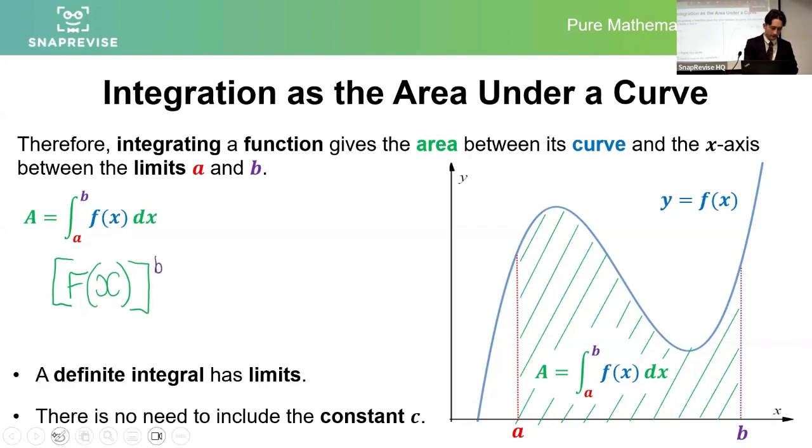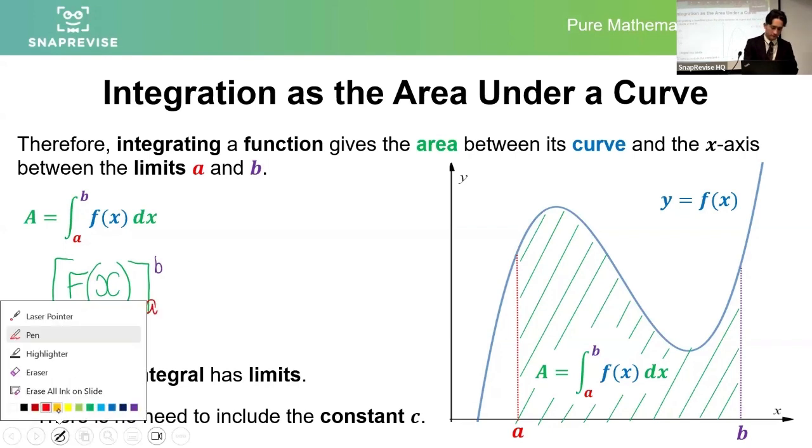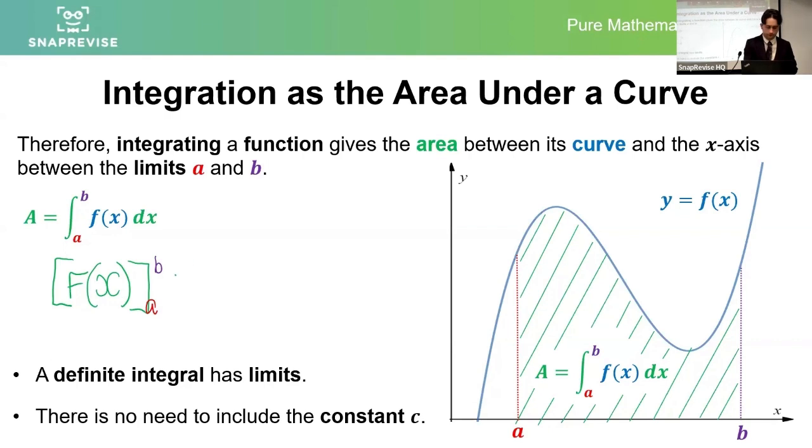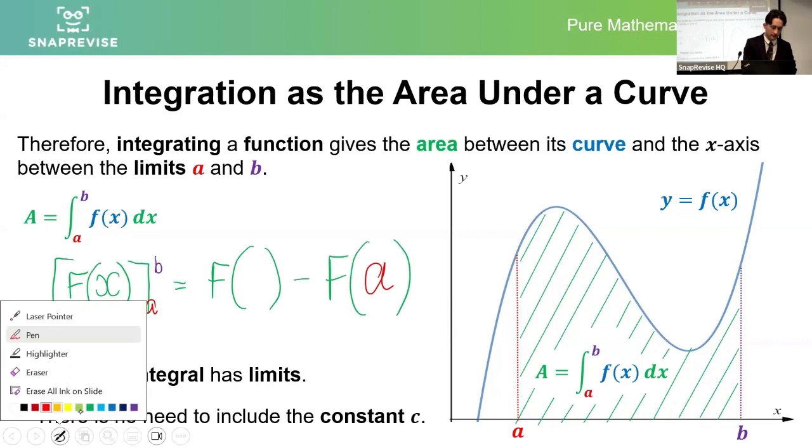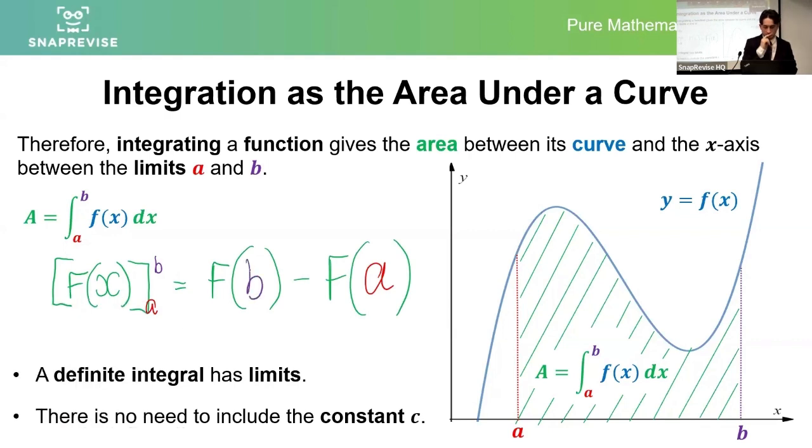So if this is between B and A, and remember we want to denote this properly, this would be f of B subbed in minus f of A subbed in. So even if you had the constants in there, they would cancel anyway. The better convention is just not to write the plus c for this kind of question, and that will evaluate the area underneath. Now also,